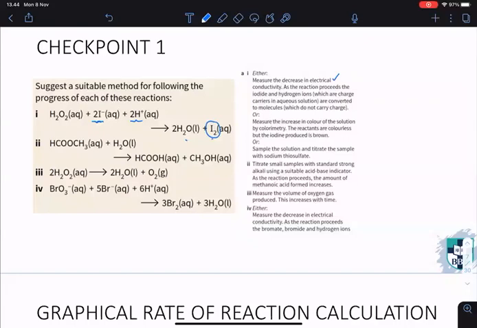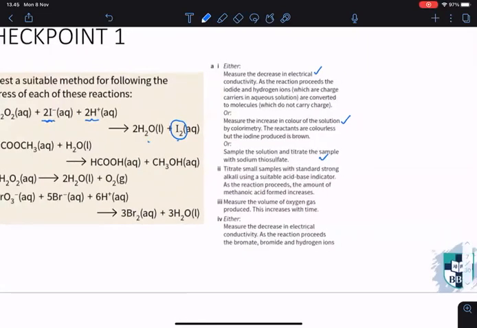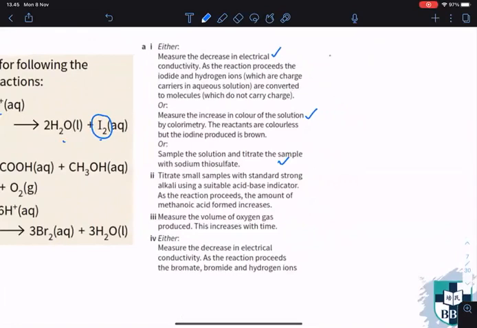Here you can see, you can measure the color. So colorimetry. And the last one, you can actually do titration with sodium thiosulfate. If you have I minus, I2, I think you can do the titration over there. But in the end, if you summarize, if you measure electrical conductivity and color,